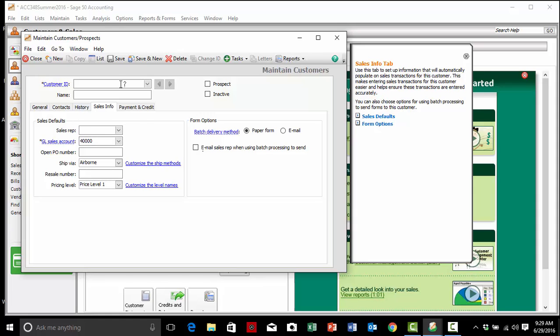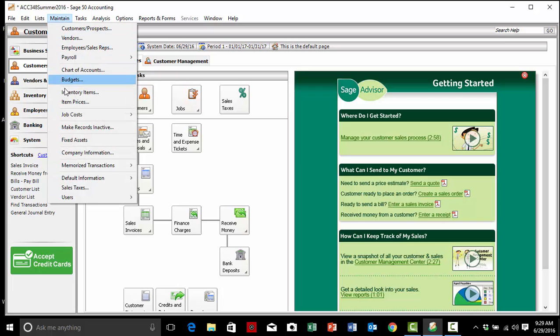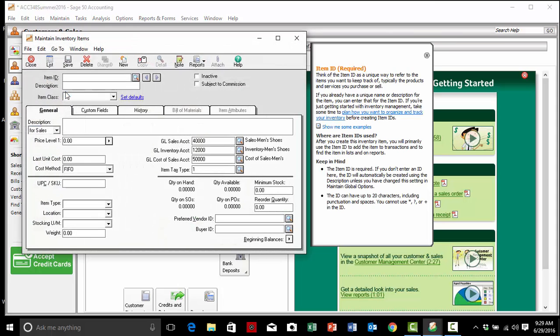Then I'm going to ask you to set up an inventory item. Okay, now we only did this one time. Well, we set up 3 inventory items and we haven't done it in a while. So this is the way we set up this inventory item. Maintain inventory items. And then we need the item ID. So this will be the inventory items that I'm asking you to set up. Inventory items is